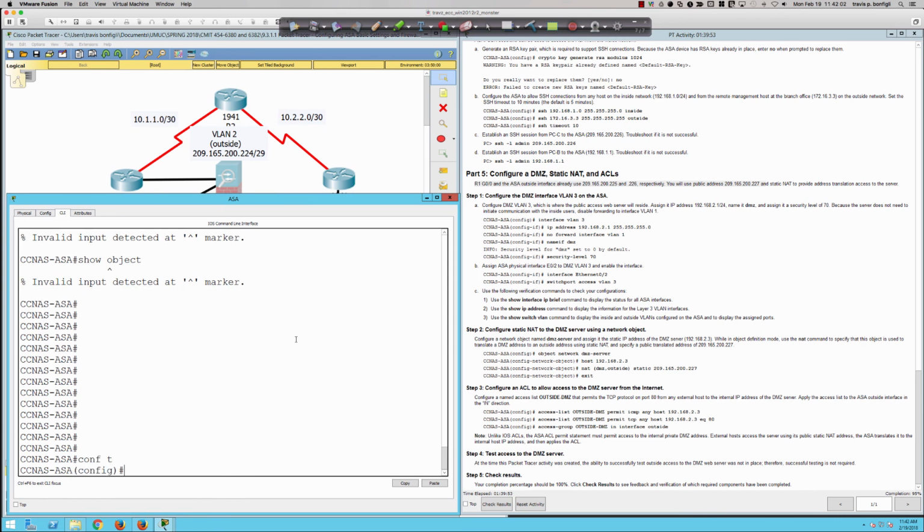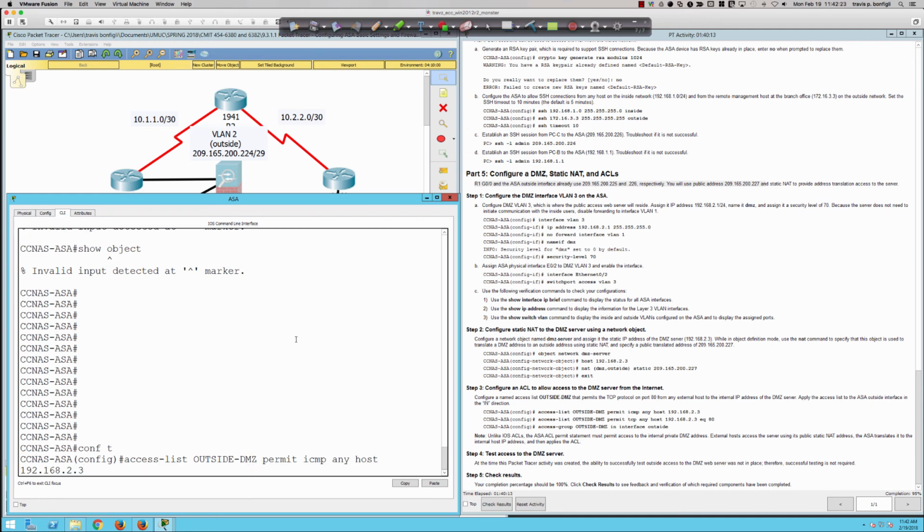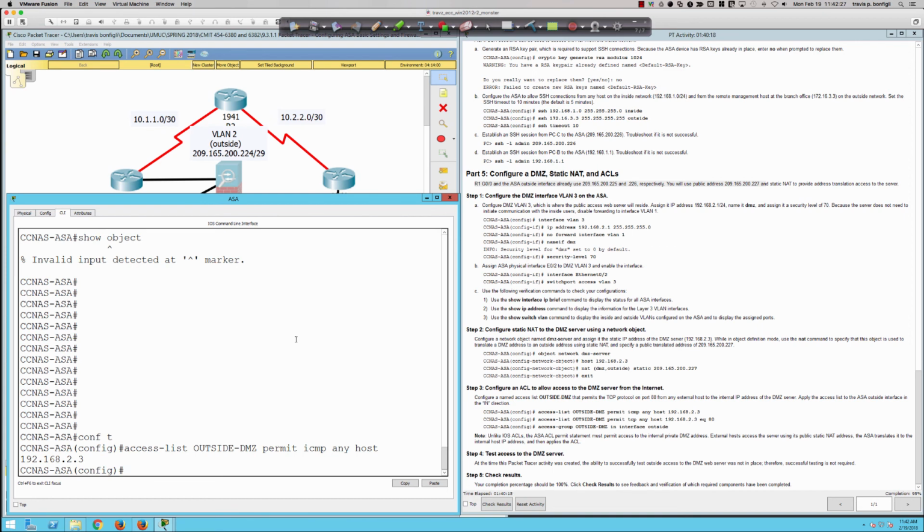And let's get into global config, excuse me. And I'm going to say access-list. And you'll notice outside-DMZ permit ICMP. So we're going to permit ICMP traffic from anyone to the host, and this is to our web server, 192.168.2.3. So we're allowing ping traffic inbound to be initiated from the outside world, the internet, to come in that